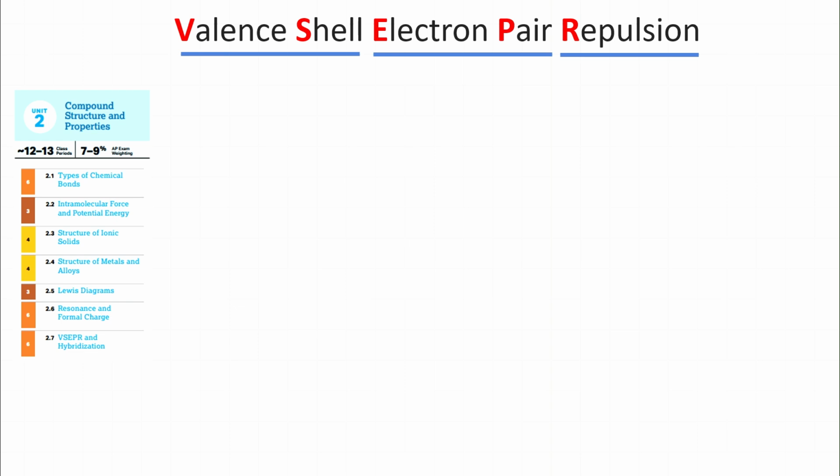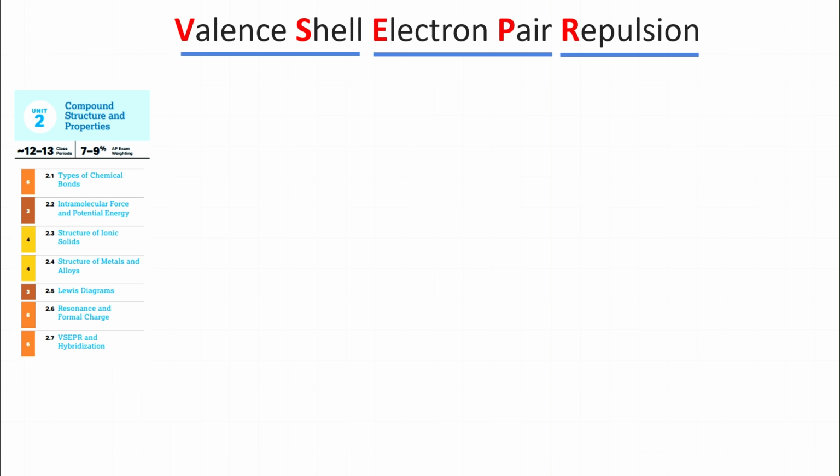Once we are thorough with this, its use in your AP Chemistry exam is that it will help you with molecular geometry questions, and also with polarity, bond angle, and solubility questions. So it is a very good topic as far as the AP Chemistry exam is concerned. Let's go straight ahead and break this down by phrases.